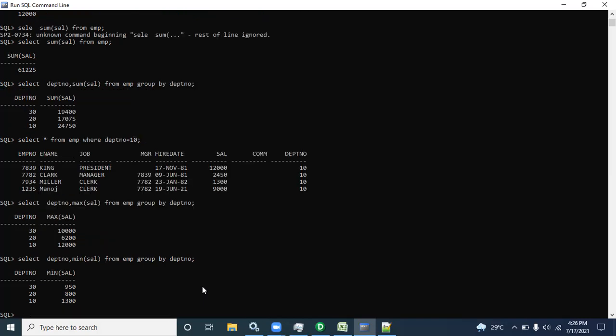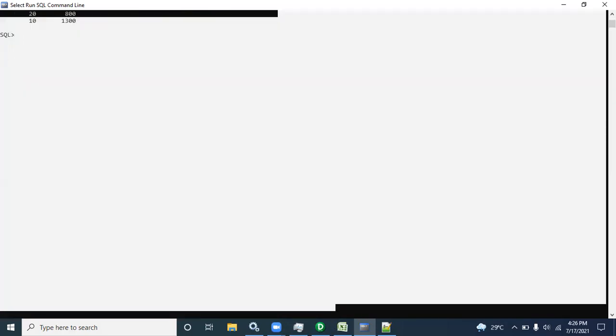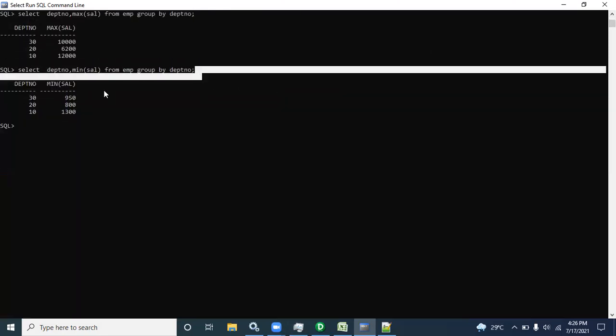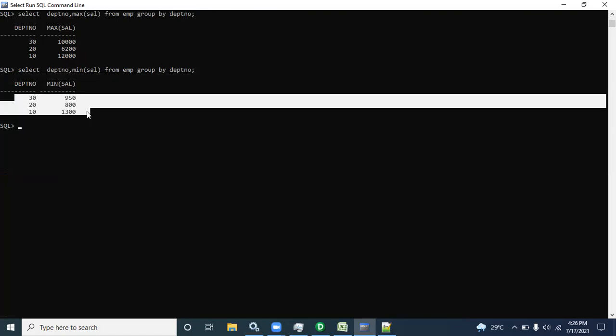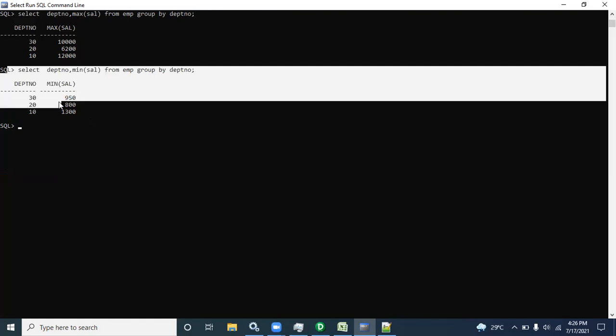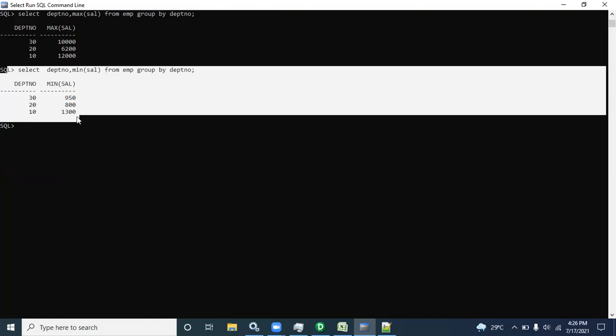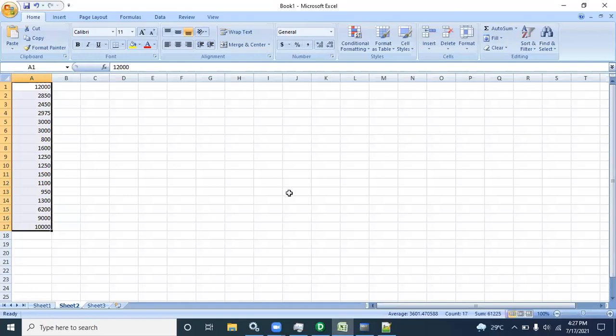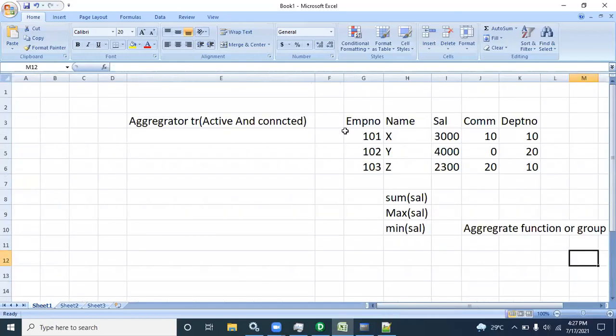But how does it work? It will give the last record of the particular group, and the corresponding record for things like minimum salary. By default, it will give the last record of the particular group. Why the last record? Because when the aggregate function happens, it